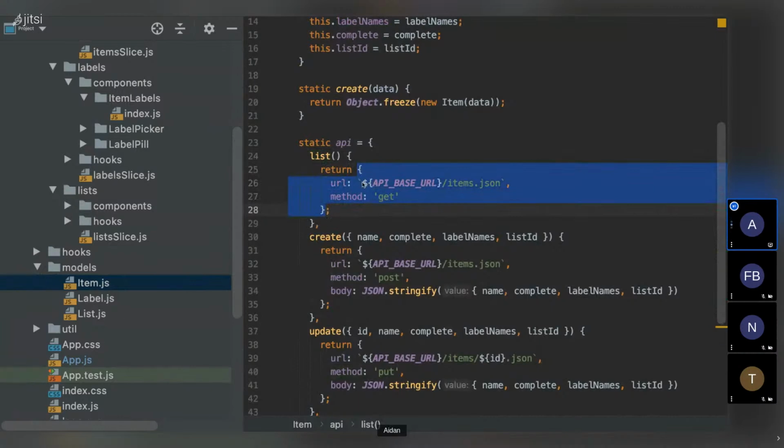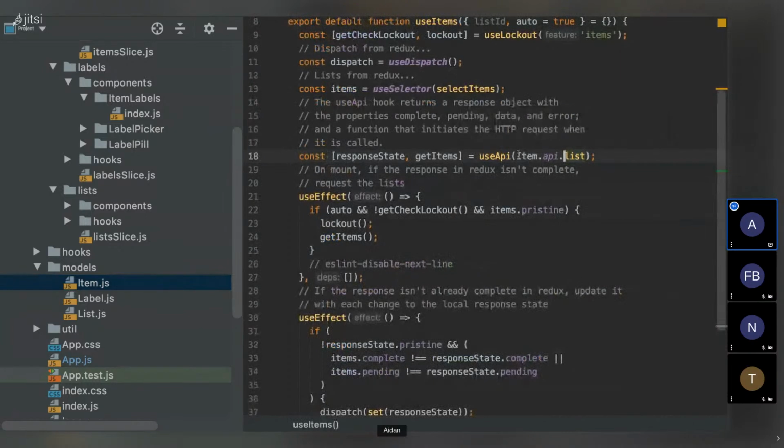I'm using the fetch API in this project, but I've also done this with Axios or anything else. I'm defining a config for making an HTTP request with a URL and a method and a body and perhaps credentials or headers, and then it just feeds right into this hook. I feed that function into the hook, and when I need to make the request, it creates the request and sends it off. So yeah, it's been a really nice way.